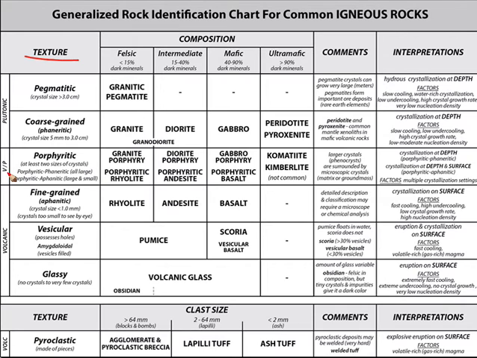Porphyritic can be volcanic or plutonic, or intrusive or extrusive, it just depends. And then down here you have another volcanic with pyroclastic. Pyroclastic's a little different than the rest of these. They form differently than the rest of the textures. So basically, if you don't remember what these textures are, you need to go back and watch the texture video